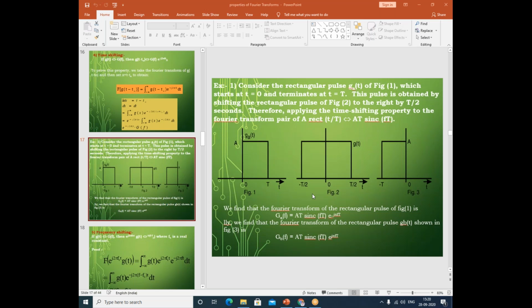Please post it in the chat box. When compared with figure 2, figure 1 is towards right. Yes, Sri Lakshmi, good. So when compared with figure 2, your figure 1 is shifted towards right. So this shift I can write it as